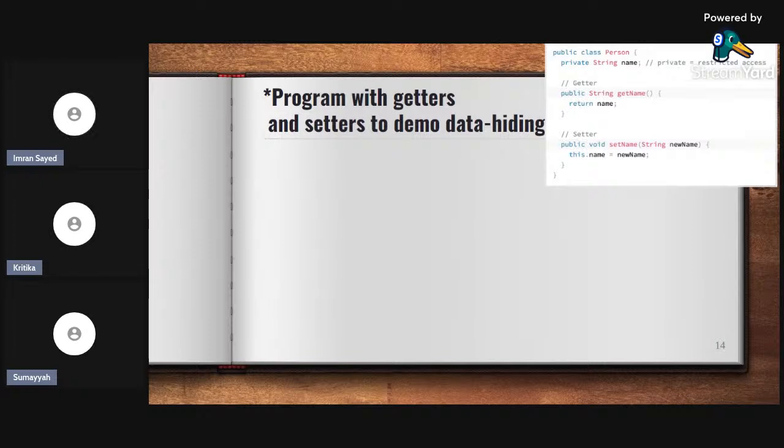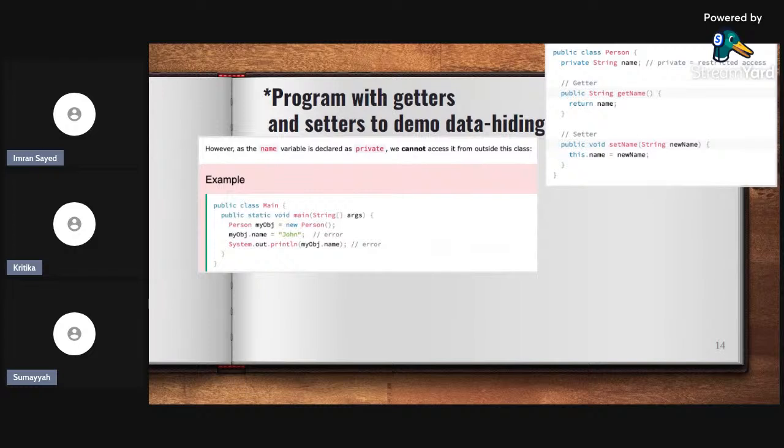Program with getters and setters to demo data hiding. So we have a class called Person. It has a private variable called name. Now we have another class. If you instantiate this object using Person,